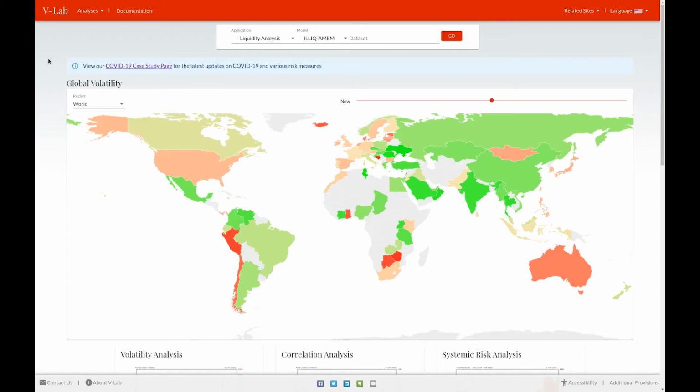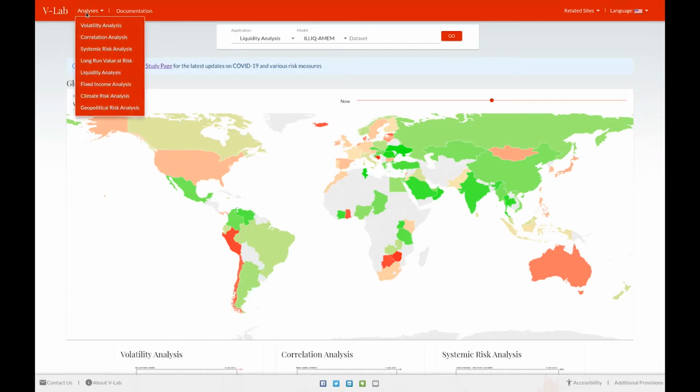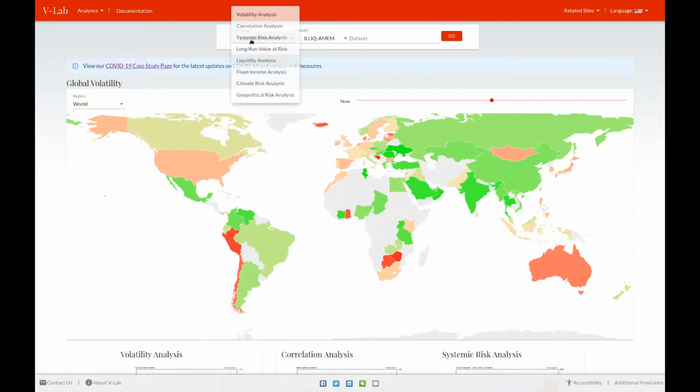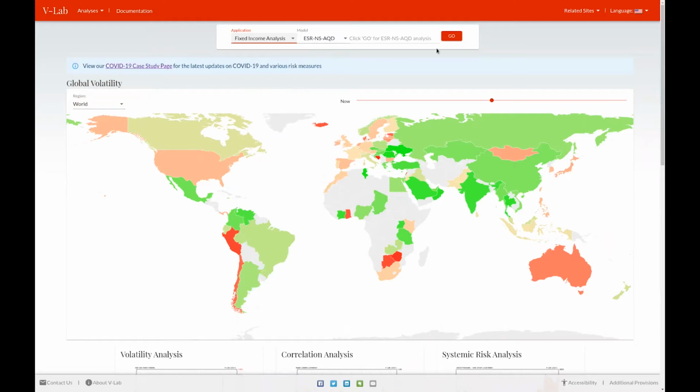Unlike most sections of VLab, where we have a welcome and analysis page, on our fixed income page, since we only have one model, we only have one page. So clicking on fixed income analysis from the analyses dropdown will take you straight to our analysis page. Also, if you'd prefer to use the search bar, selecting fixed income analysis and clicking go will take you to